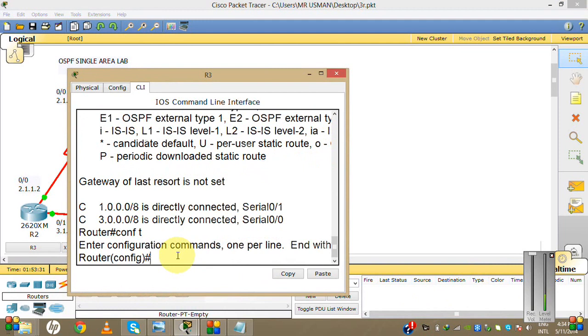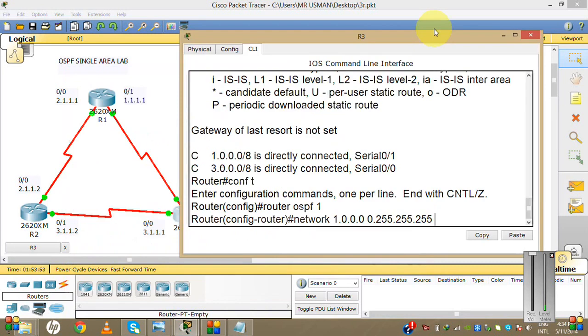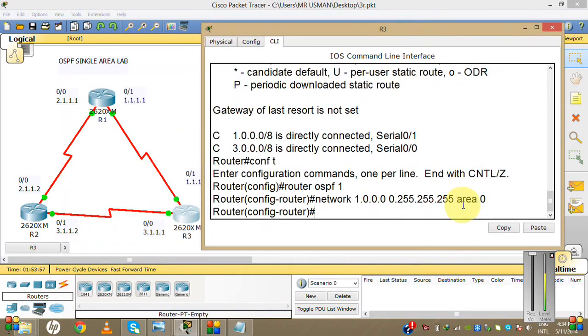Configure terminal, router ospf 1, network 1.0.0.0 0.255.255.255 area 0. Now you can press